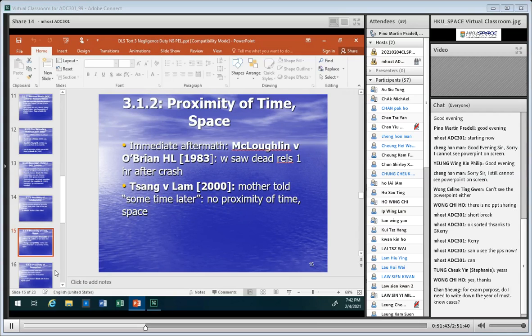So the court said sufficient proximity of time and space. Obviously, McLaughlin and O'Brien also had sufficient proximity of relationship and perception, because she witnessed all the gory details for herself. Okay, and then Chung and Lam, the Hong Kong case, goes the other way,